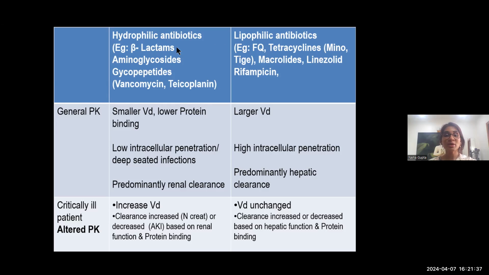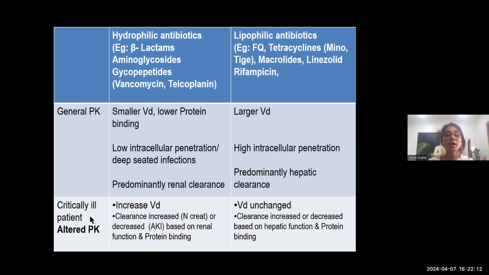So the hydrophilic antibiotics include the beta-lactams, aminoglycosides, glycopeptides, and beta-lactams include the carbapenems. Usually, they have smaller volume of distribution and low protein binding and have low intracellular penetration and lesser penetration to the deep-seated infections and predominant renal clearance. Whereas the lipophilic antibiotics, which usually include the tetracyclines, macrolides, they have a larger volume of distribution, and the tissue penetration is very good, predominant hepatic